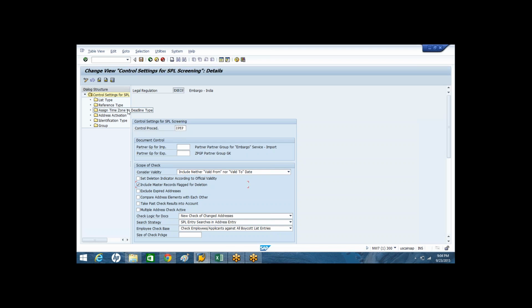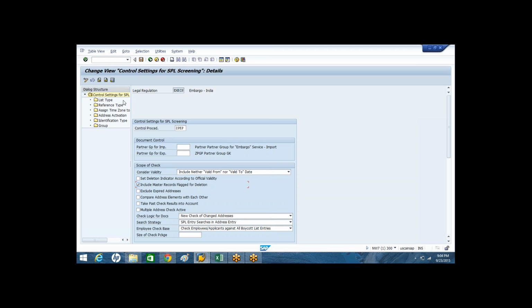That you can tell the system whether you would like to include the master records which have the deletion indicator, or exclude the master records which are flagged for deletion. If you don't give the check mark for that configuration, that means the system should exclude all the master records which have the deletion indicator from the SPL screening process.